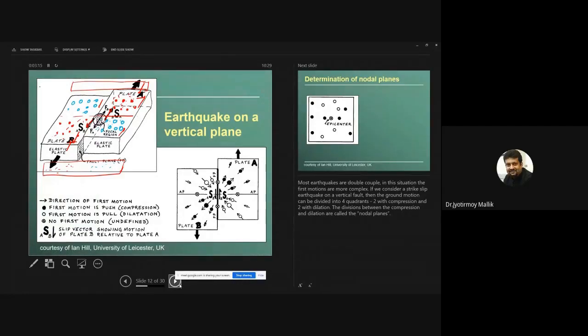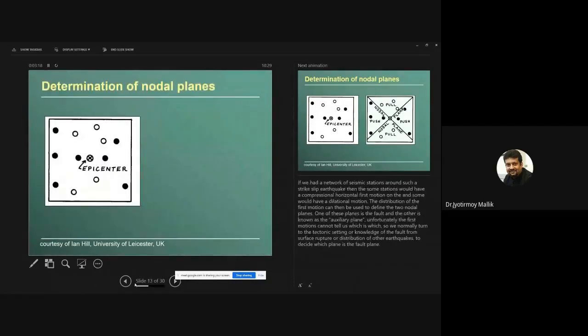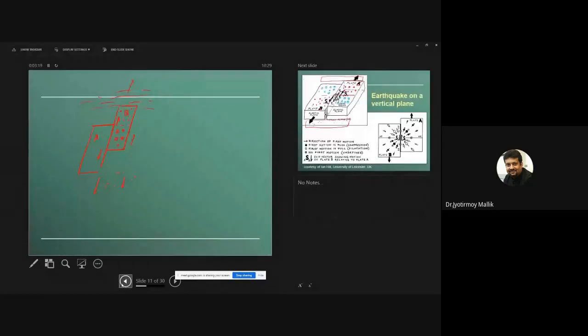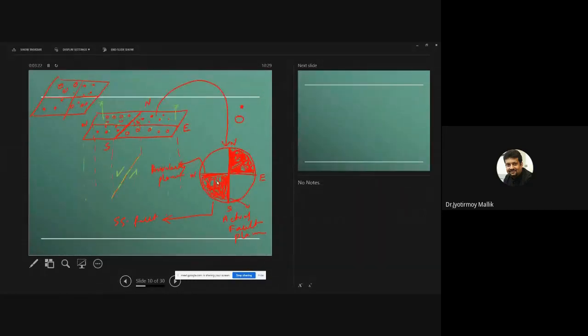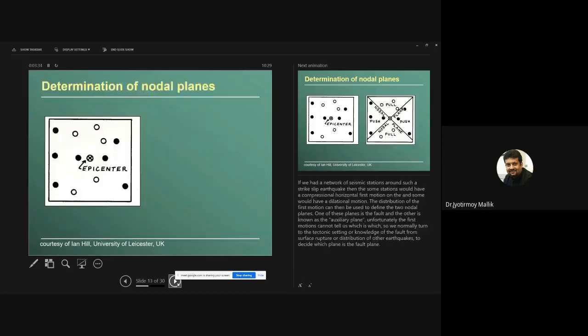Is that clear, everyone? Is this part also clear where I talked about how this information is translated? Okay, I assume that it is clear. You don't ask me questions.